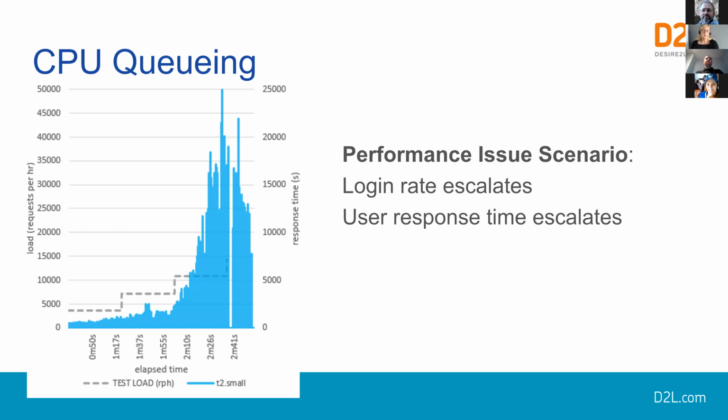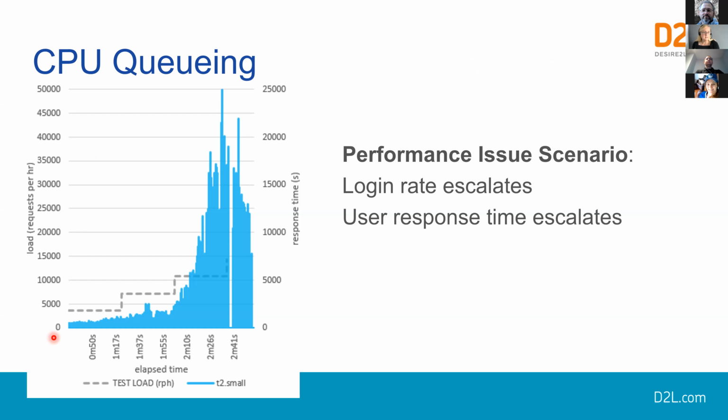Now let's take a look at a real-world example, coming back to the scenario where request load reaching a limited resource is increasing over a period of time. We experience what Ioan referred to earlier as the hockey stick effect, where past a certain threshold, the response time escalates abruptly, and we have a really clear indication of a performance problem which needs to be investigated. And this is illustrated over here.